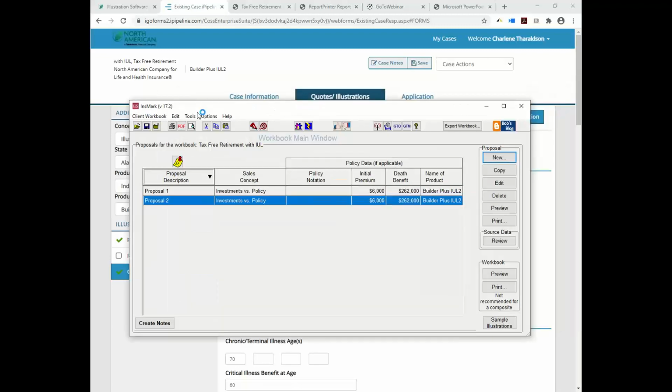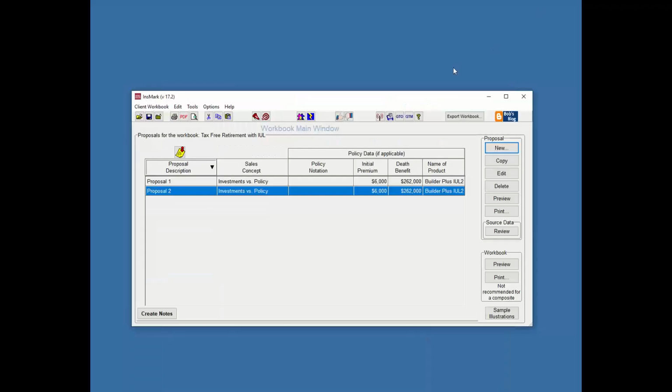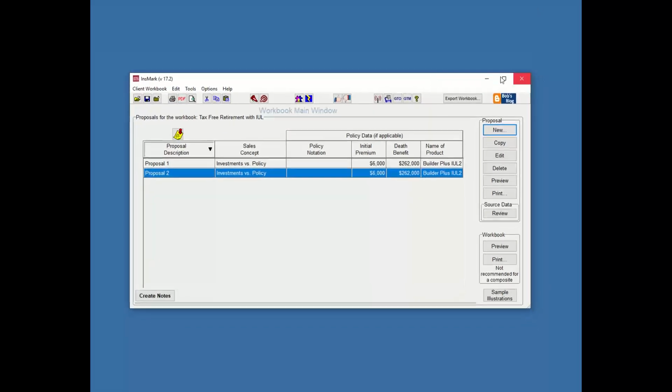And it's opening on my other screen. Let me pull it over here for you. And let's minimize this just so it's a little cleaner look. All right, so when it comes into Insmark, this is bringing over, you can see what's highlighted here is my